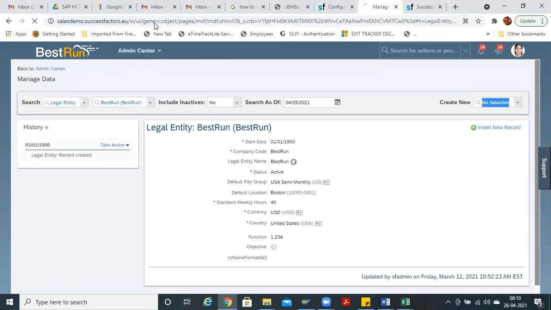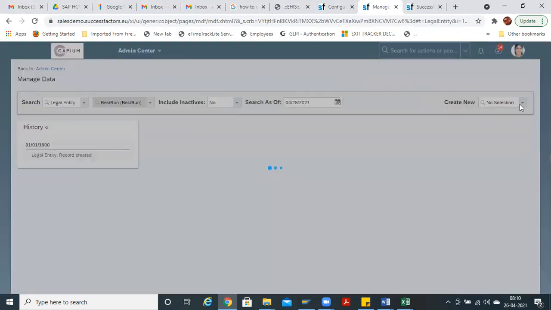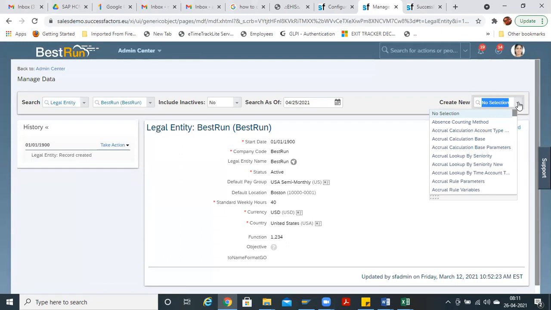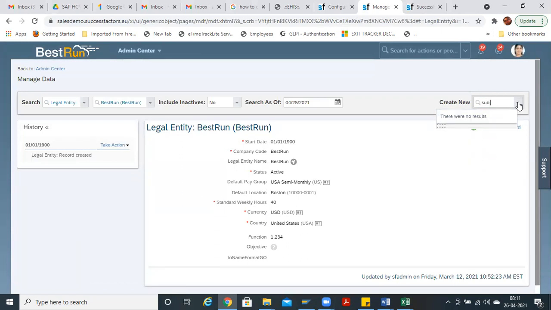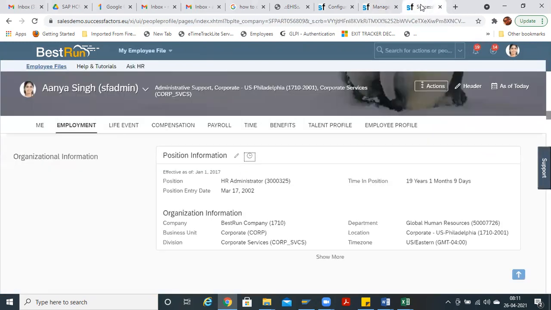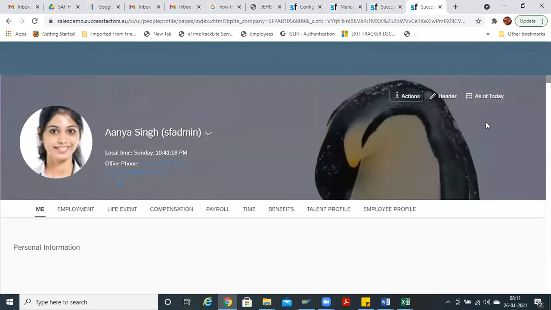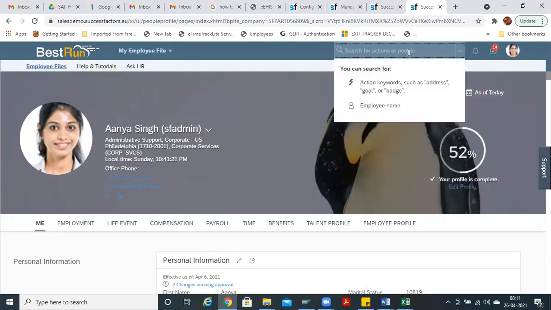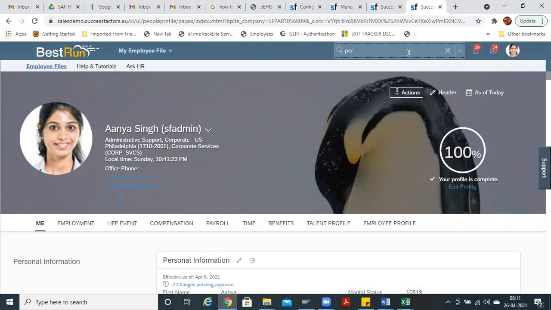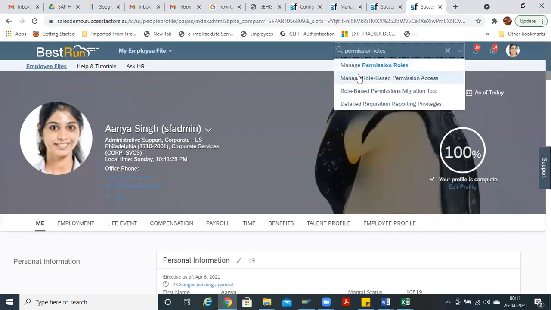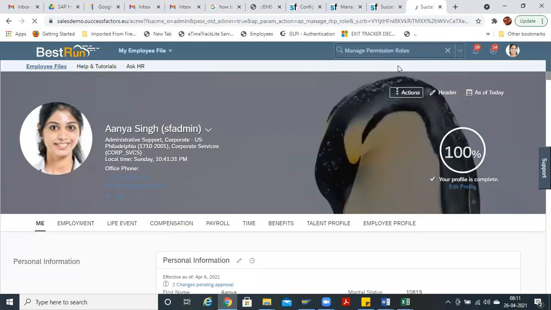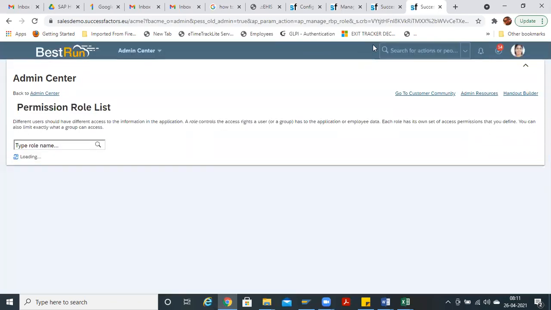Now you can't see this field. If I refresh also, select sub department. See what to do now? Duplicate it. And go to transaction permission rules. I have already taught you RBPs, right? So it is very important and very useful in each and every step in Employee Central or any